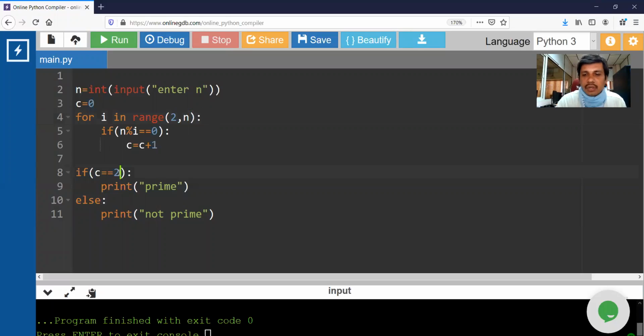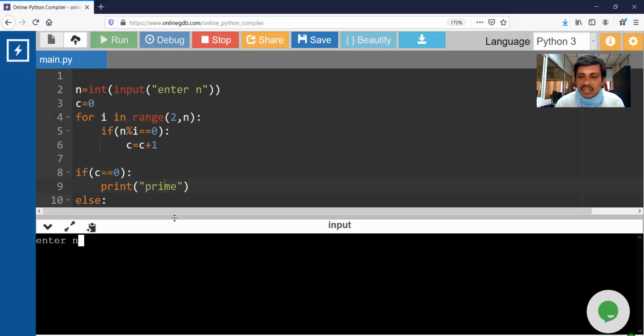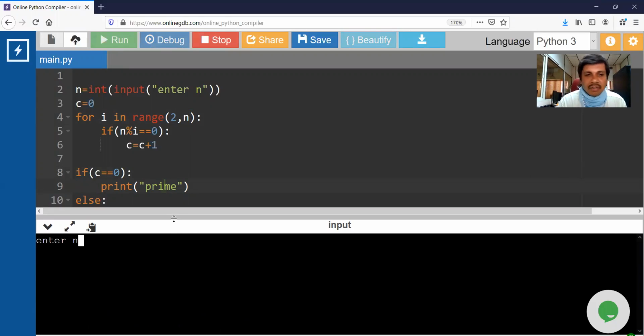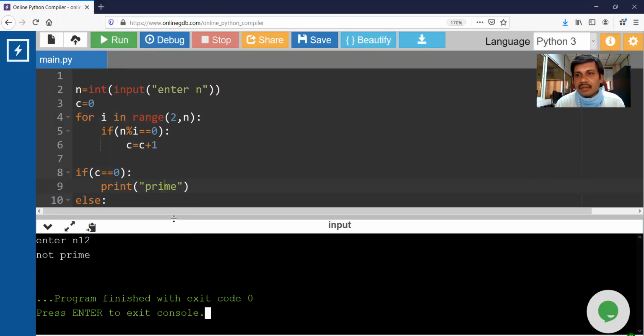And if the count is 0, it is prime. If there are no factors from 2 to n, it is prime. A blind logic. 1 and itself is 2 iterations taggicham. So now the prime number, say 5 is a prime number, and 12 is not a prime number. Very good. 12 is not a prime number.